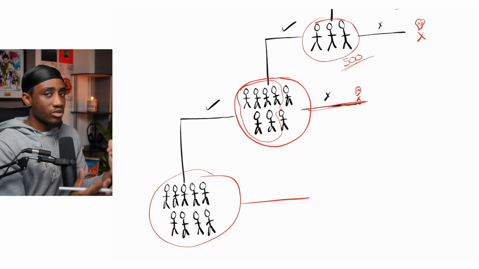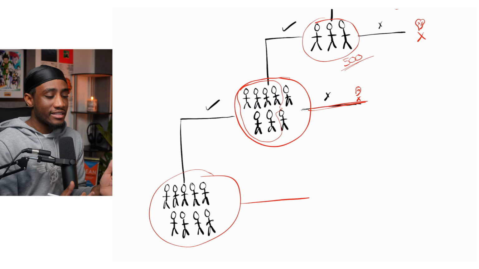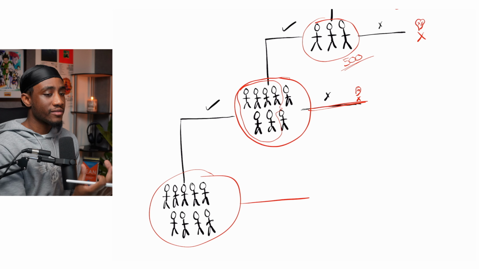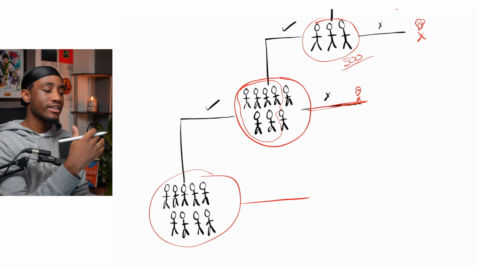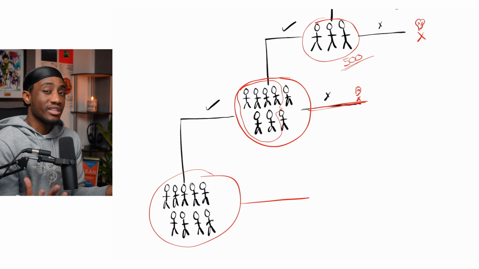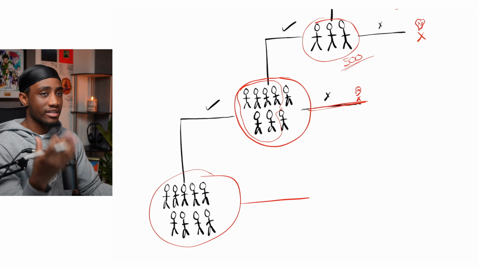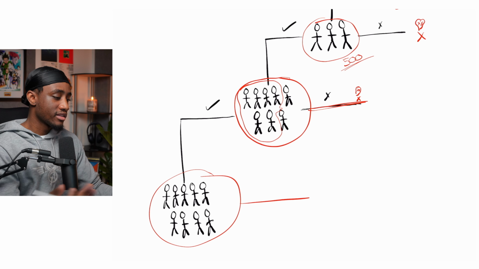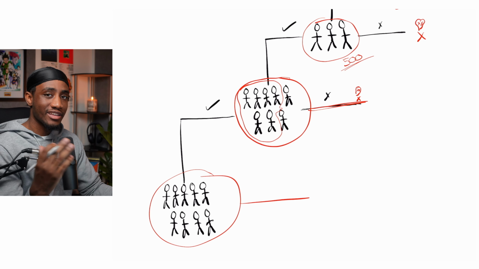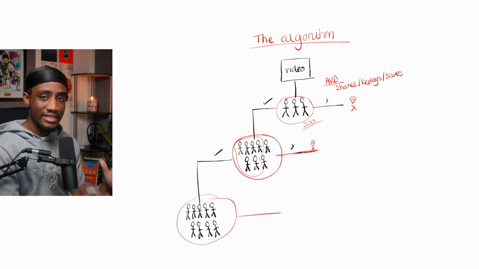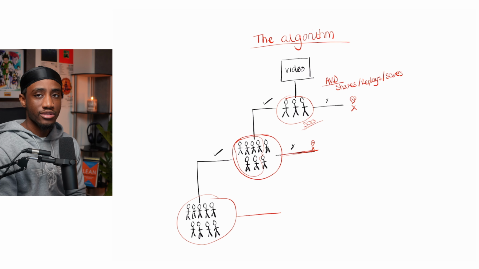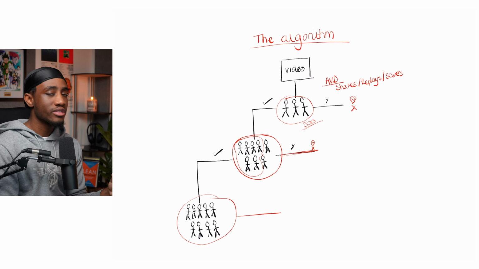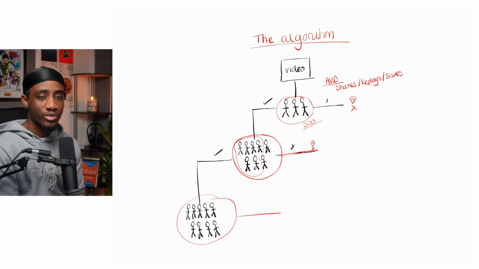Then it would go down for a few hours. There won't be any activity. Then boom, it would go up to like 50,000. Then boom, it will go up to like 200,000. And then that's when it goes into what I would call the final stage, where it's pretty much 500K plus, sometimes even 1 million. And then it just keeps going and keeping going. This is essentially how the algorithm works. I don't want you to overcomplicate it. It's literally this simple.